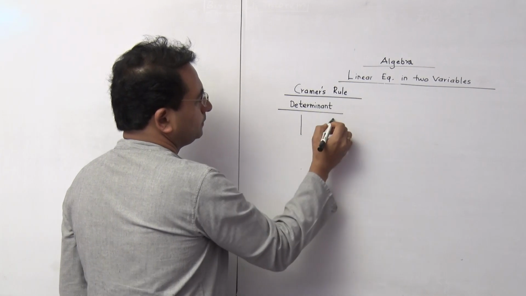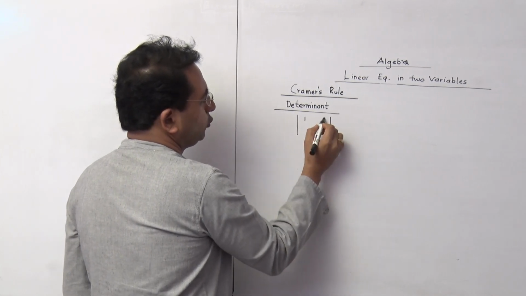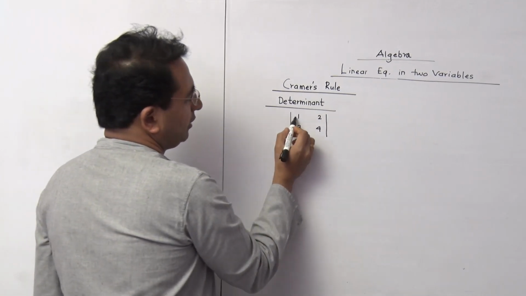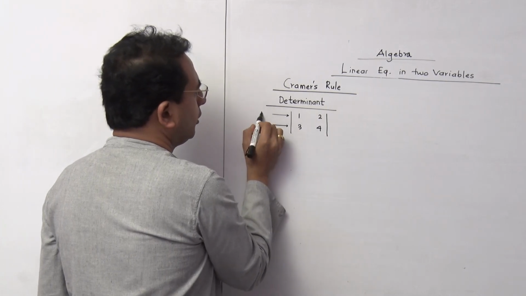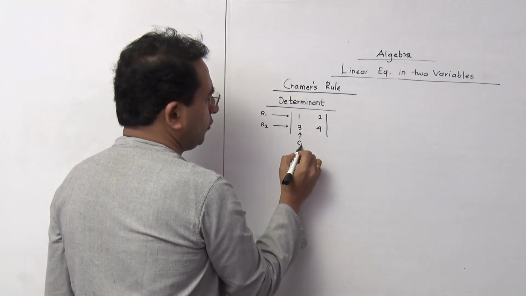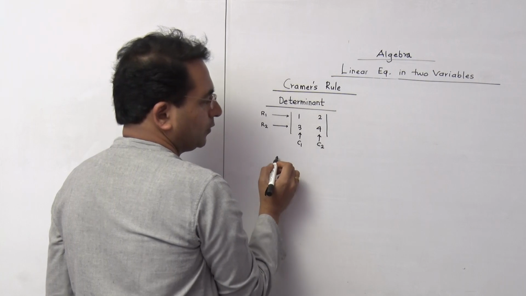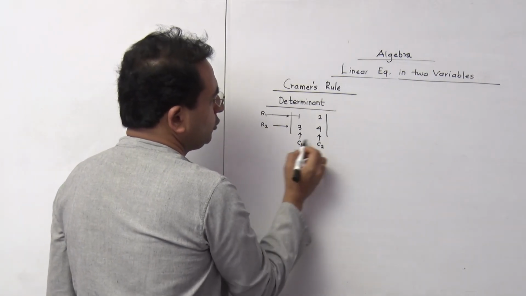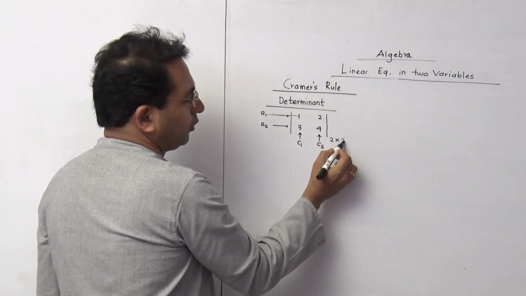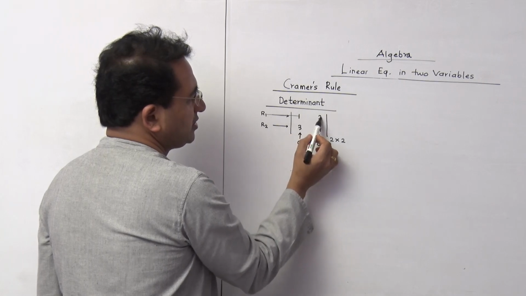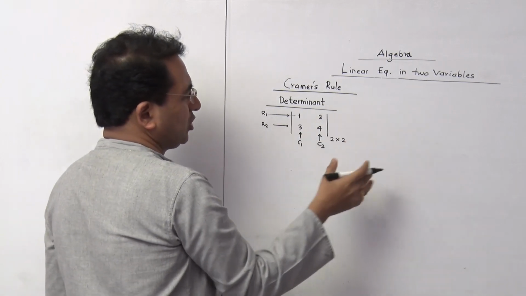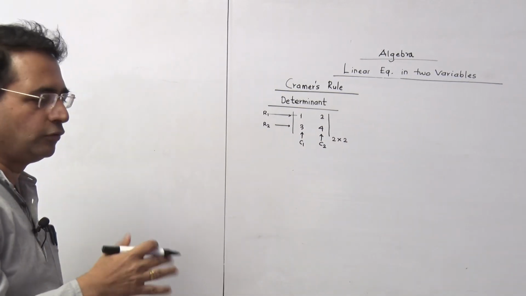Let us go for this one. It is 1, 2, 3 and 4. This one we call row number 1 and row number 2. And this is column number 1 and column number 2. So there are 2 rows and 2 columns. So we write here 2 by 2. 2 2s are 4. Therefore we can say there are 4 elements in this determinant. Correct?